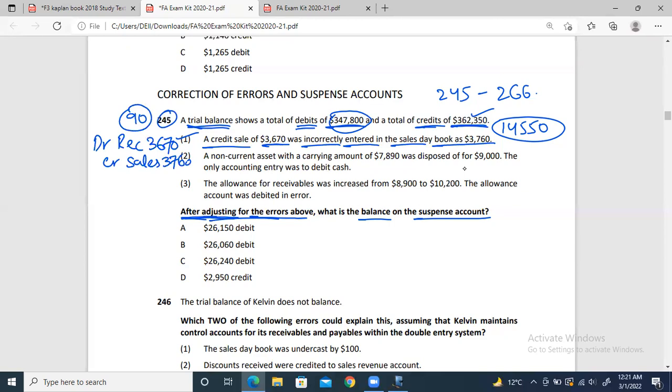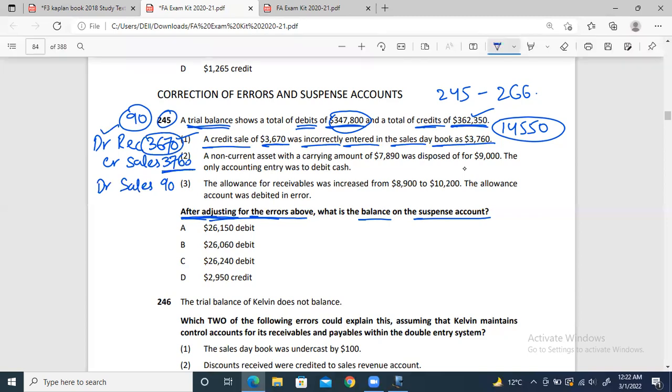So where is the mistake? The receivable side is absolutely correct, but the mistake is on the credit side, which is the sales. So we need to reduce the sales. For reducing sales, we debit sales by 90, because this is the increased amount. We need to bring it down to 3670, as it is actually 3760. So we reduce the sales by 90, and because there is nothing on the credit side,